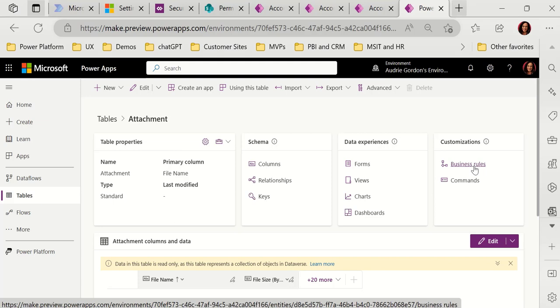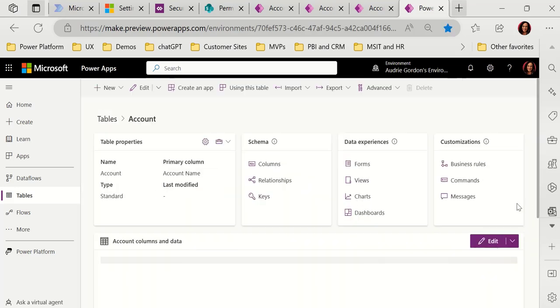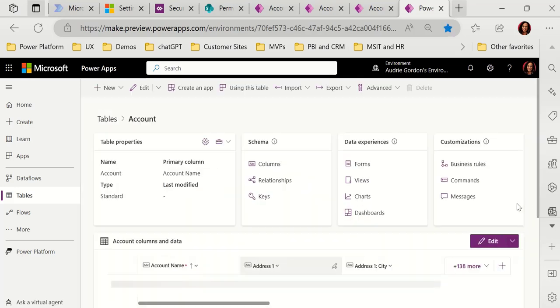So I can associate a business rule to this table. So I'm going to go back to my accounts table, and I'm going to imagine that my finance team needs me to make sure that there is a geographical code, right? For every account, there's a code for the country that account is with, because how they handle the accounts payable, accounts receivable might be different, right? So I could teach everybody in my company what the codes are for their country, but rather than doing that, I can set a business rule that says if the